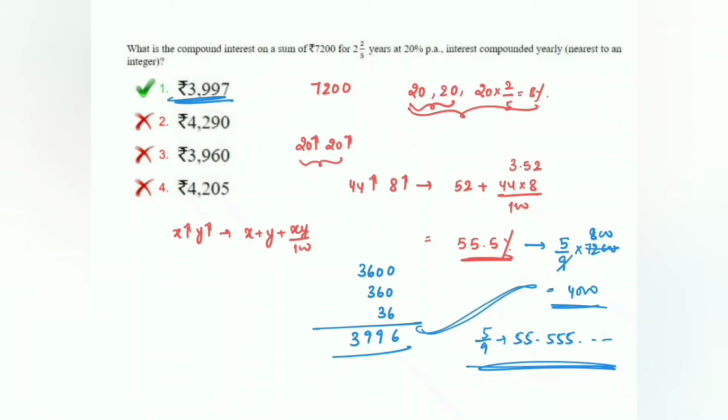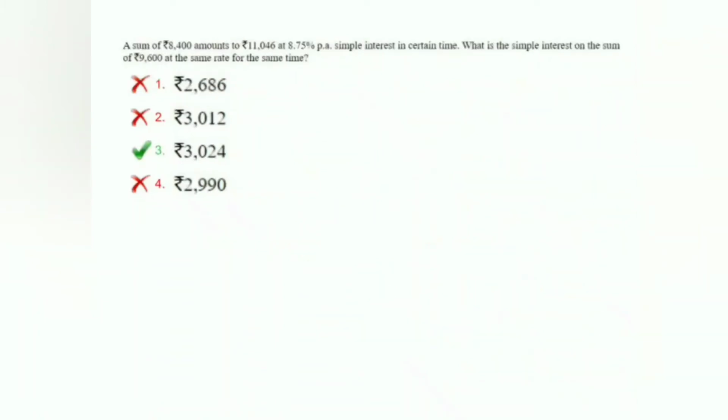Anyway, look at the next one. A sum of 8,400 amounts to 11,046 at 8.75% per annum simple interest in a certain time. What is the simple interest on the sum of 9,600 at the same rate and same time? So when they say same rate and the same time, it is simply the proportionality that you have to take,